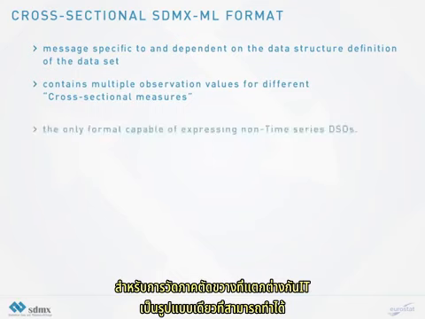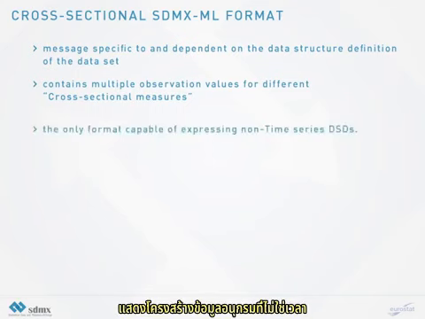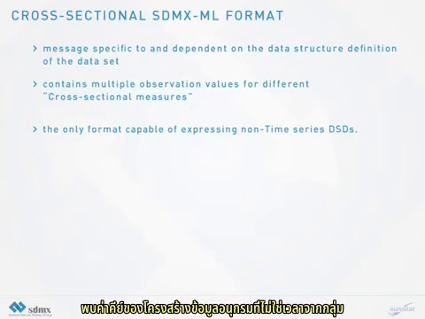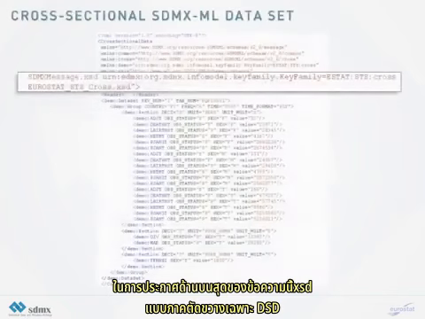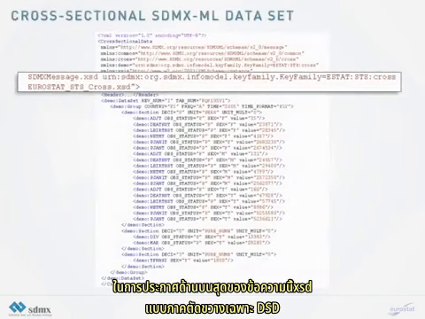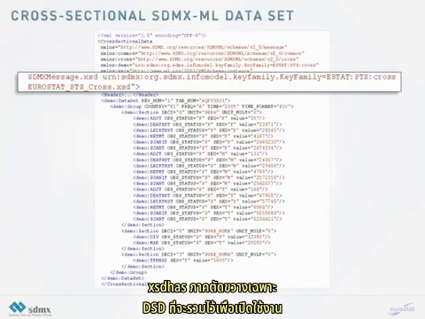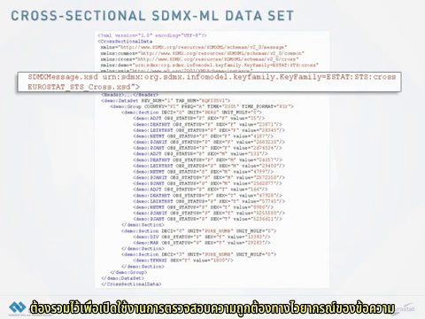It is the only format capable of expressing non-time series data structures. Key values are found from the group down to the observation level. In the top declarations of this message, a DSD-specific cross-sectional XSD has to be included in order to enable syntactical